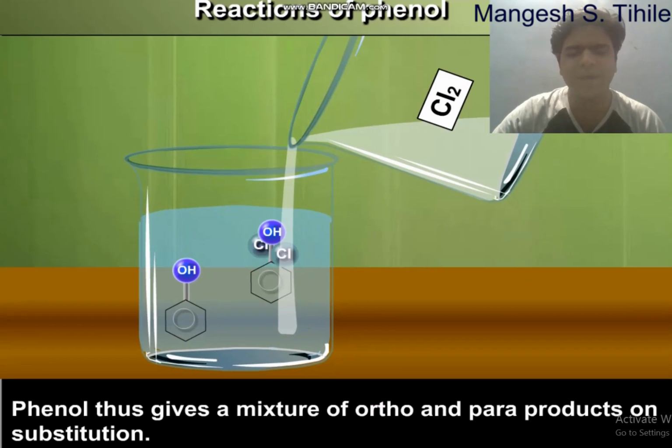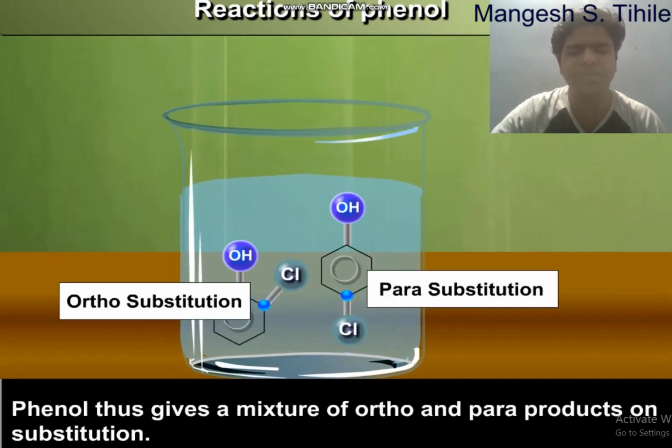Due to the ortho-para direction, the incoming electrophiles are attached at the ortho and para positions. Why? Because the hydroxy group is an electron donating group, and electron donating groups are also known as ortho-para directing groups. They give direction to the incoming electrophile to the ortho and para positions.